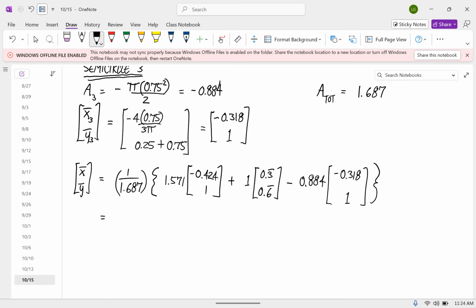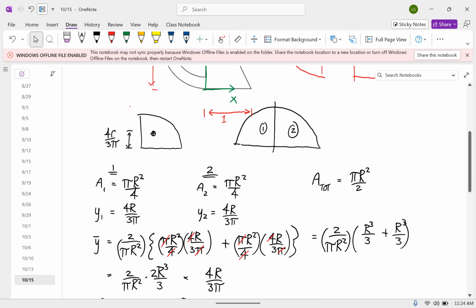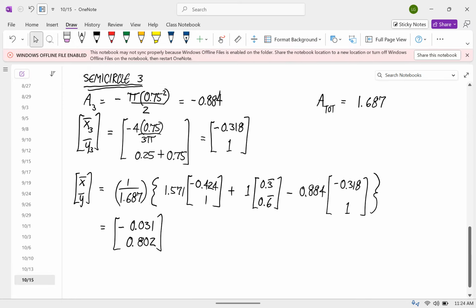And I got that the centroid is at negative 0.031, positive 0.802. Or in other words,